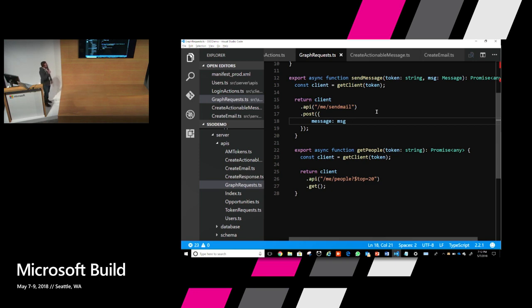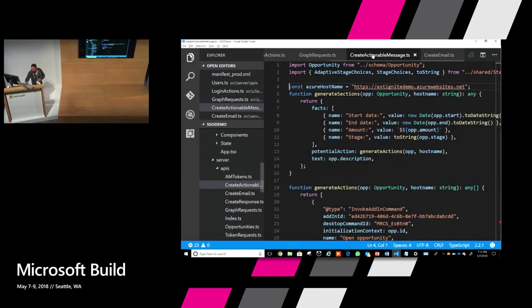But it did another thing. It took the opportunity metadata, converted it to an actionable message markup, and inserted that into the body of the email. This shows at a high level the adaptive card markup that was inserted in the mail.